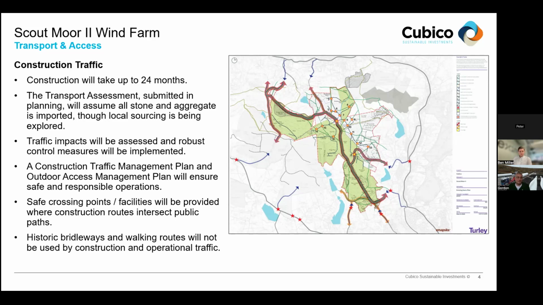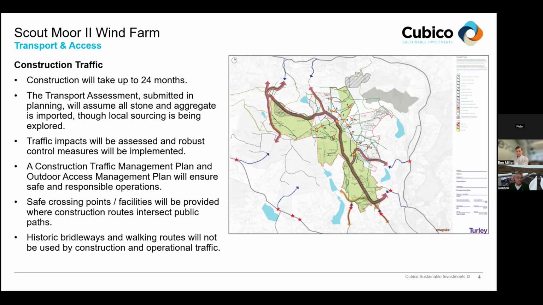So we have to assume that all stone, aggregate, concrete material is imported to the site from quarries and suppliers outside the site itself. That is very much a worst case, but we are going to be exploring the local sourcing of material from Scout Moor Quarry, which will obviously remove quite a lot of traffic from the network